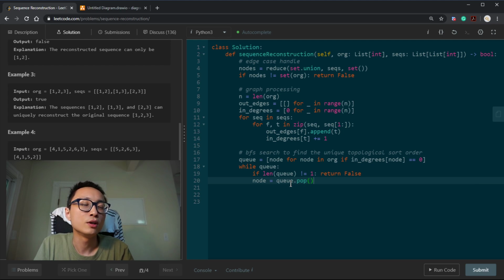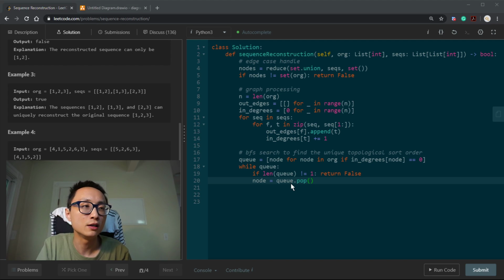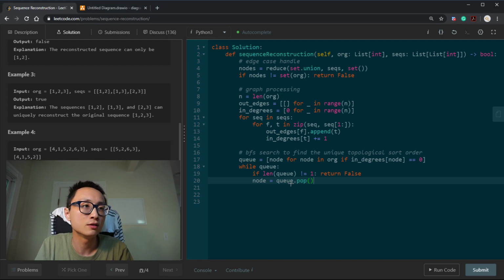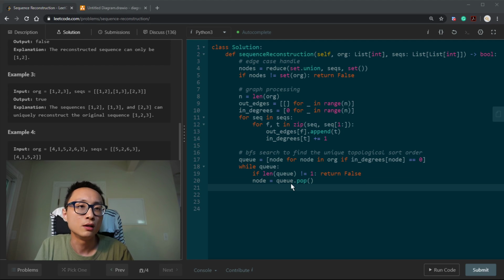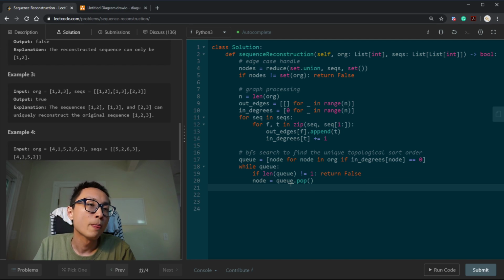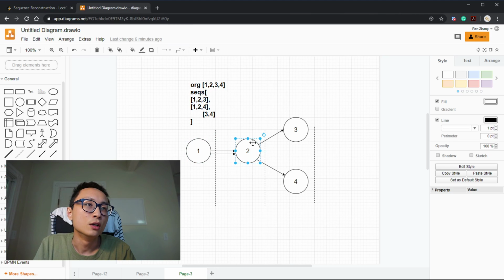Since we only have one queue, popping from left or right doesn't really matter. It's going to be the same time complexity, so I don't even bother to use a deque here. So what we're going to do is decrement the in degree of all the nodes that this node is pointing to.